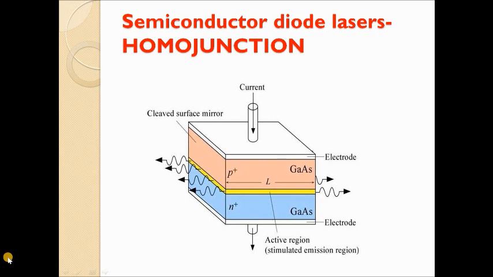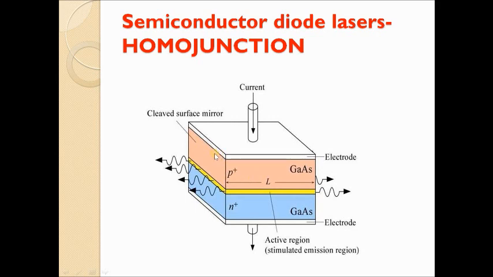This is the diagram for the homojunction semiconductor diode laser. This consists of a single junction made from a single material, gallium arsenide. A p-type gallium arsenide material is joined together with the n-type GaAs material to form a single junction. The bias voltage is applied through the metal electrodes fixed at the top and bottom layers of the homojunction semiconductor laser diode,